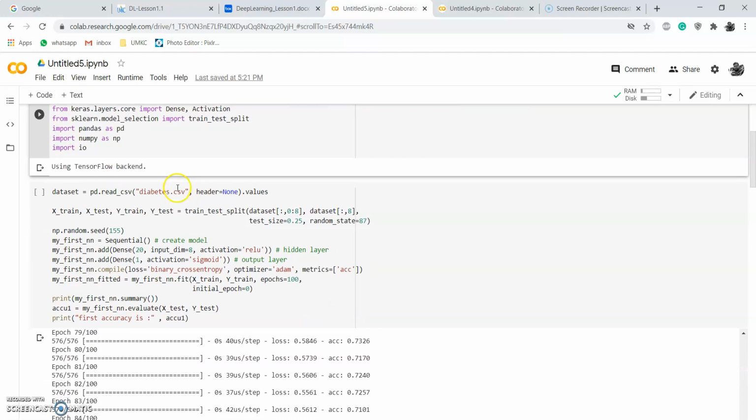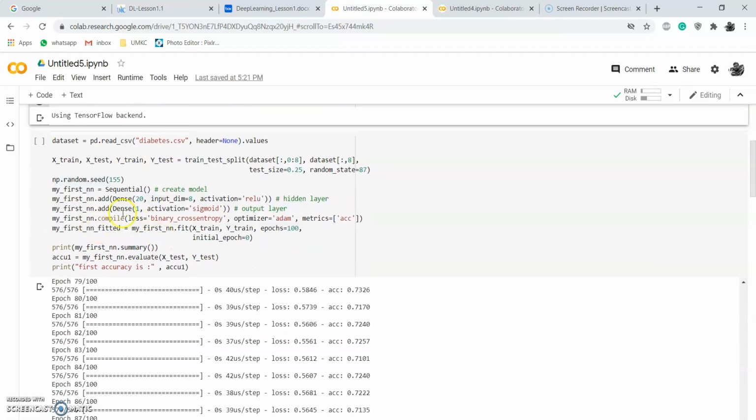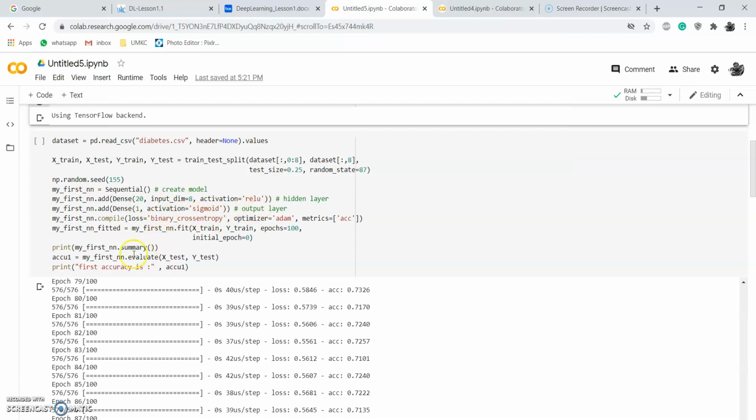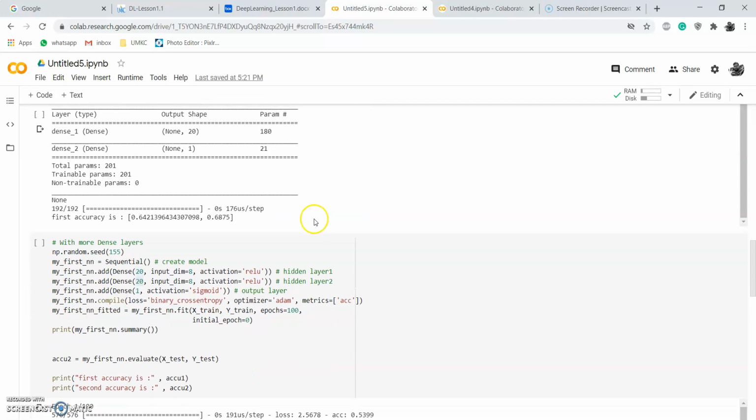In the first step, I have used the existing code. It has only 20 hidden layers, so I used the same code and found the accuracy. The first result is a loss of 0.64 and an accuracy of 0.6875.